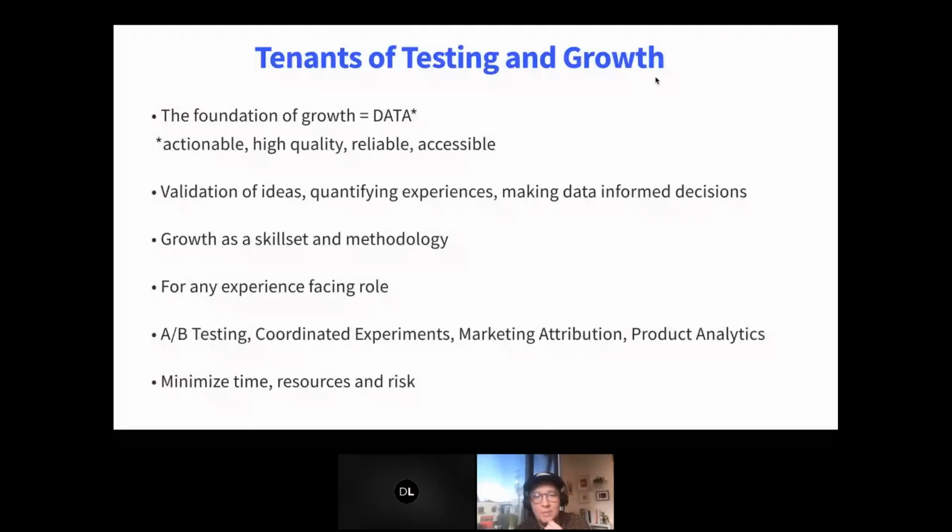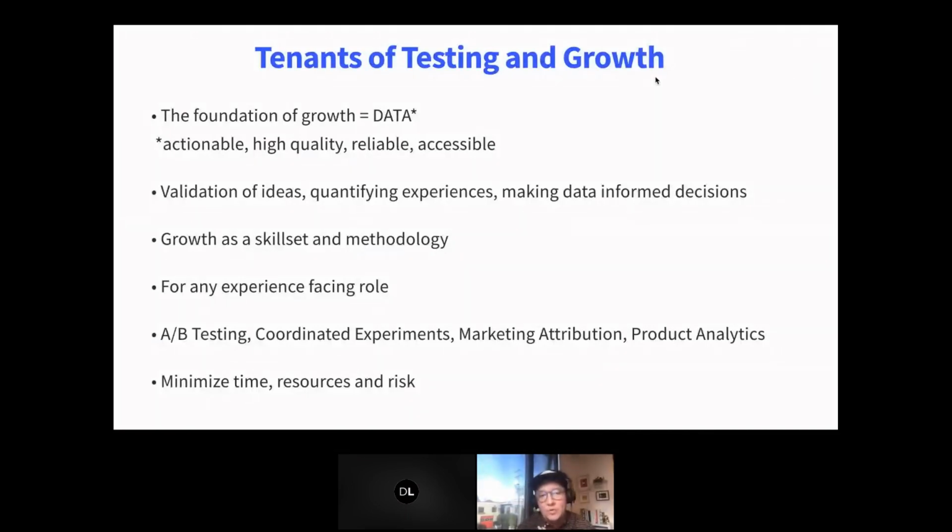Growth design is really about, again, that validation of ideas, being able to quantify experiences. So not just relying back on our hypotheses or assumptions or the kind of qualitative information or anecdotes that we might have. Those things are great fodder, but the quantifiable data is what allows us to really see in a clear-cut way how we're able to pivot or make better decisions.